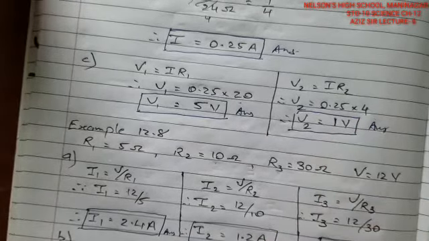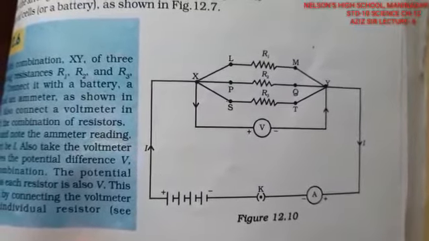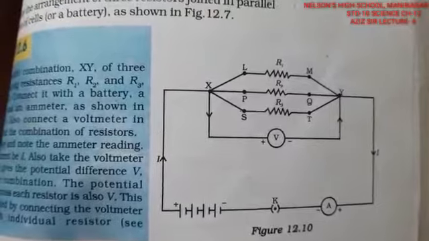Now we will see the diagram. The diagram 12.10 is this one. Right, this is a parallel resistance diagram. R1, R2 and R3 are given. So three resistors are given in parallel. The voltage is given across it, that is, the battery is given, and we need to find out the current in each resistor and also the total current. Now we will start with this particular sum 12.8.